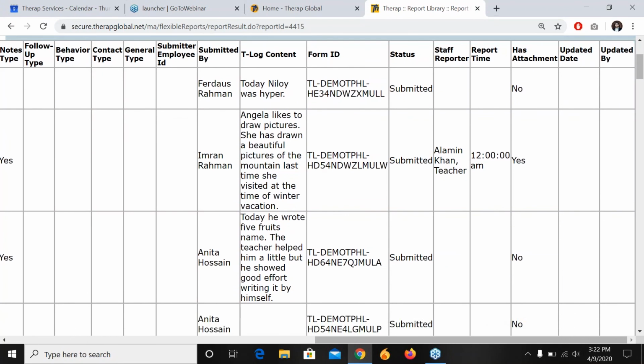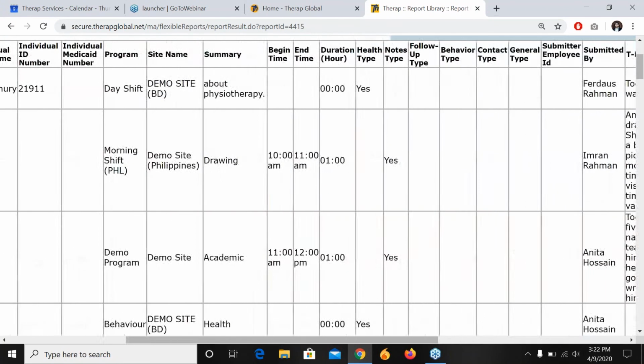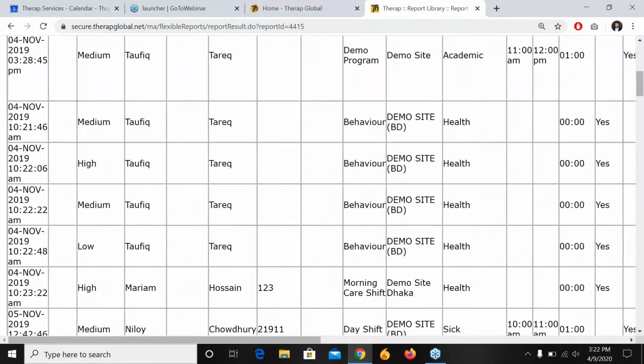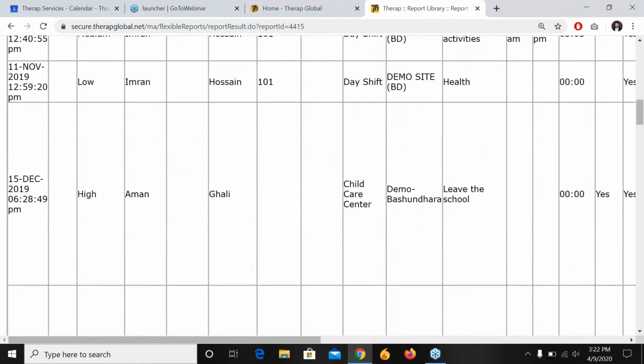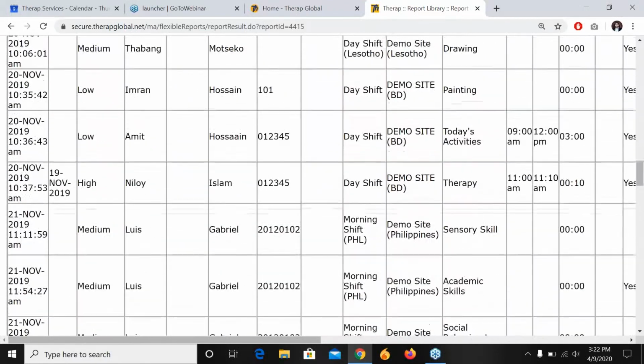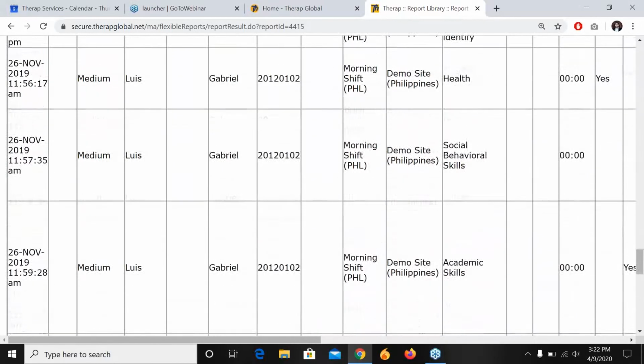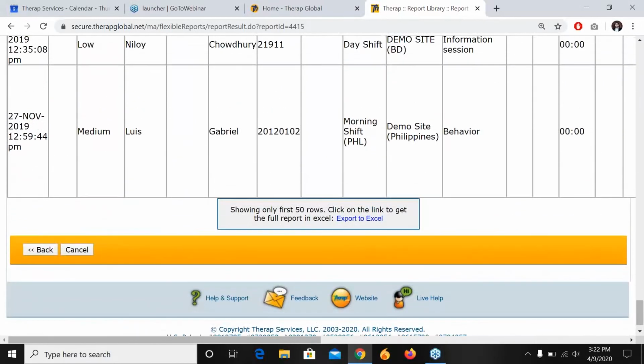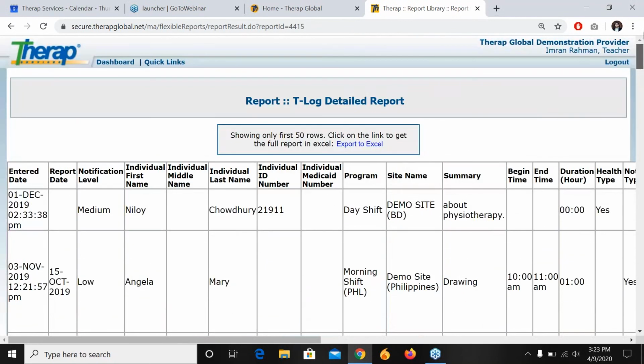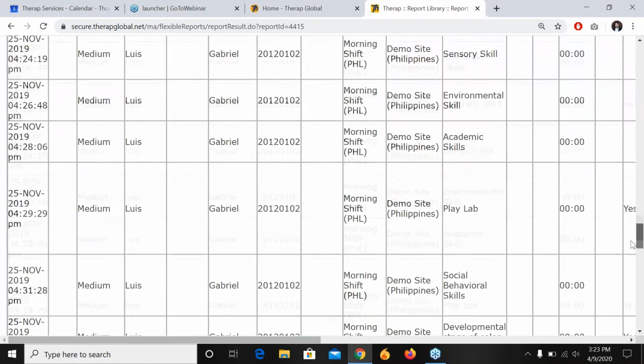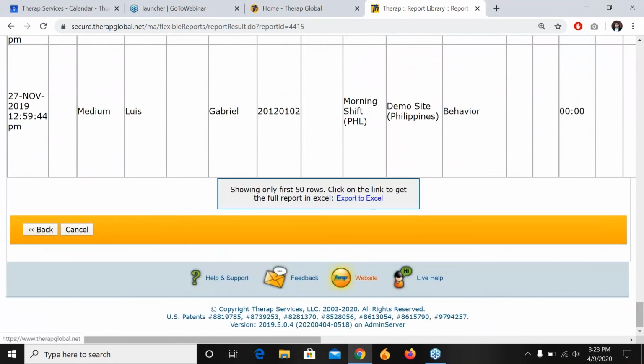So if we scroll down a little bit on this page, we can see at least 50 T-logs in the default view. We can change it. If you want to see other T-logs as well in the mentioned review period, we can also do that. For that, we can click on the